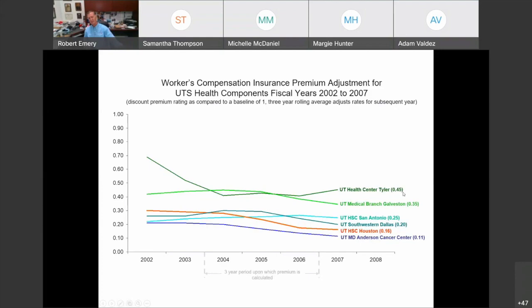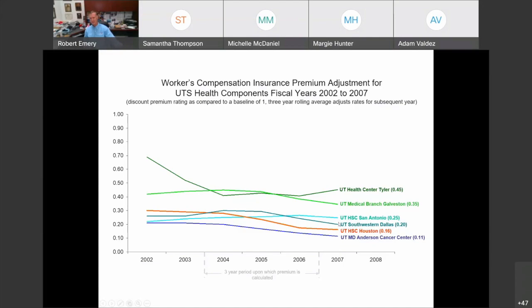And notice we took the time to put the actual experience modifier number right there, so you don't even have to go over here and read off of the y-axis. Now we put ourselves in orange for a reason, because we wanted us to stand out, to say this graph is about where we stand. But if we were to share this graph with our colleagues in San Antonio, for example, our suggestion would be to make themselves orange and make these some flavor, so to speak, of blues or greens.